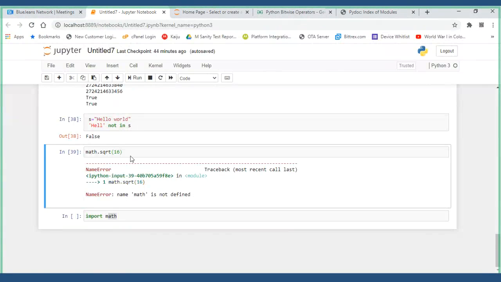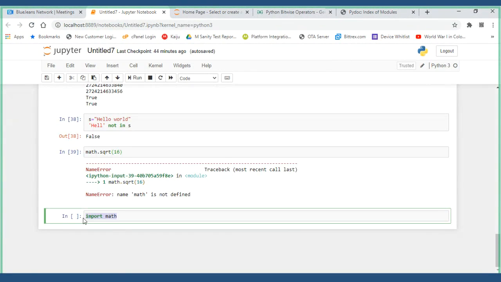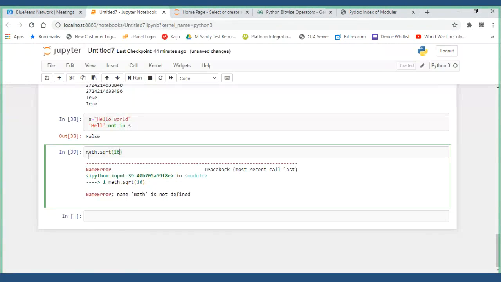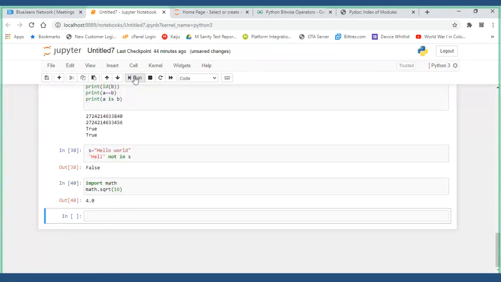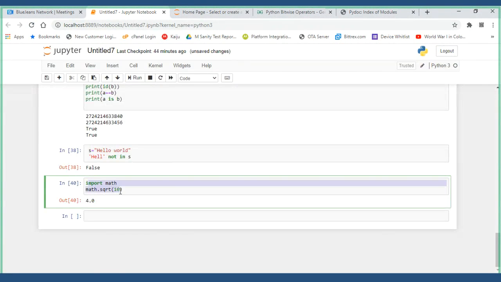But if I take the same code and include import math over here and execute it, now it gave me 4.0. Why? Now it knows. Before loading the executable program, first I have to import math.